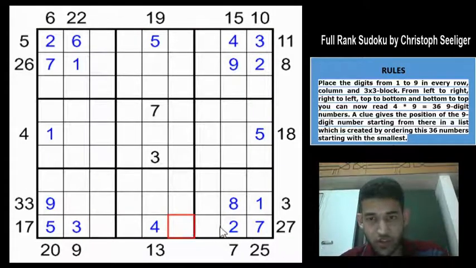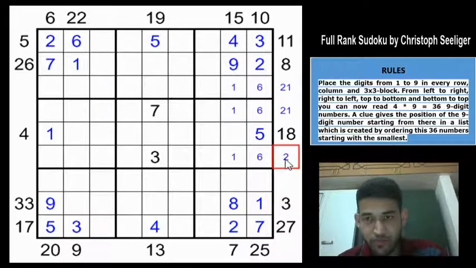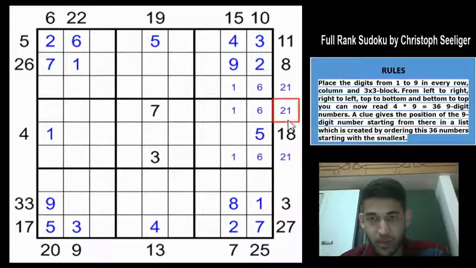No, this row is also ruled out because any of the 6s here can't take a 1 because 1 is here. So 6 would have to be in any of these 4 cells, but it can't be here because if you have it here, then 1 must be here to satisfy the 21 clue, but it's not possible. So 6 must be here, here or here, and 1 must be here, here or here, and the outside clue must be 21, 21 or 21. So one of these 3 outside clues must be 21, right?